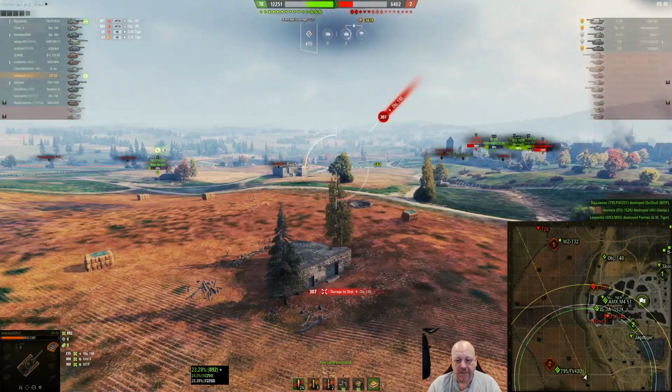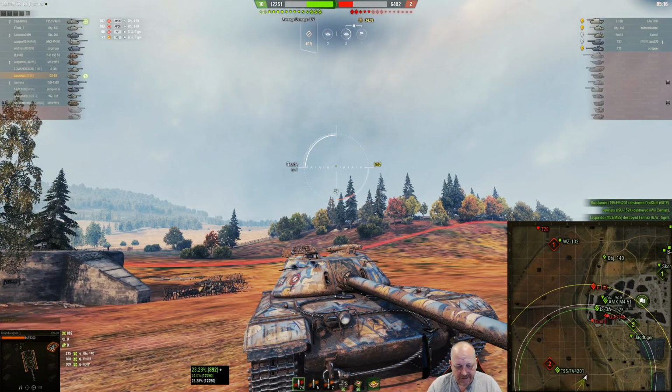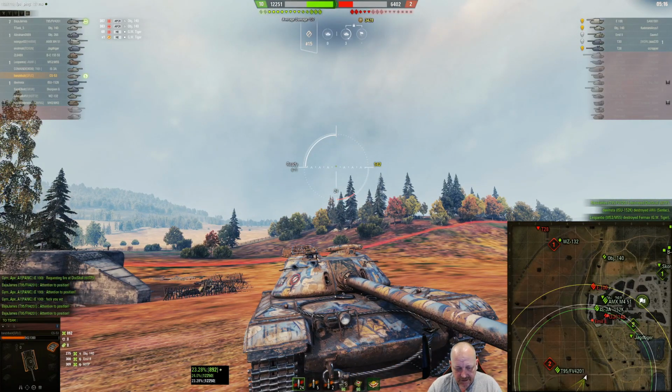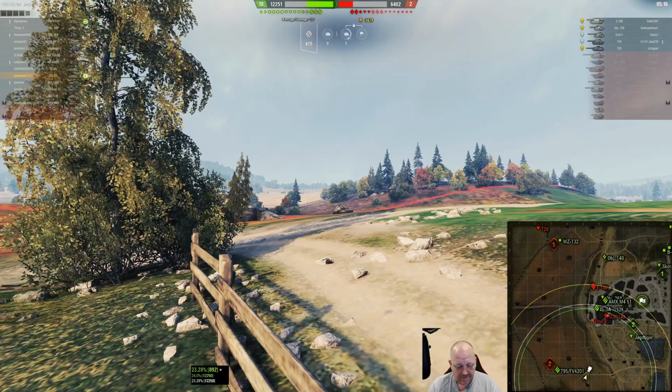Alright, so we got popped by the 140 again. Where did he get us? Yep, right there in the turret, number 2. There's number 1. There's number 2. Now, if I back out here,